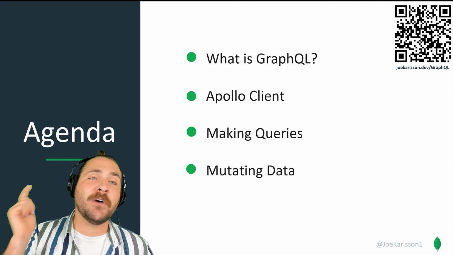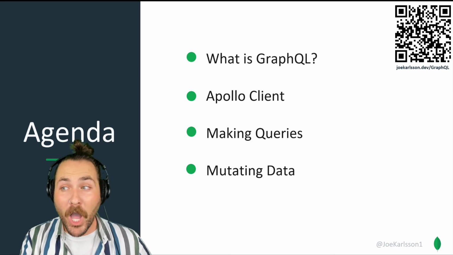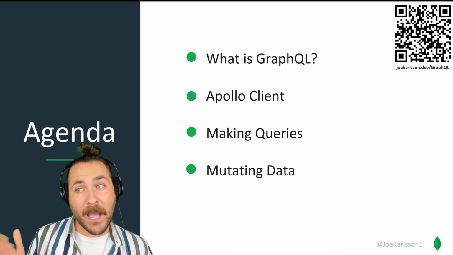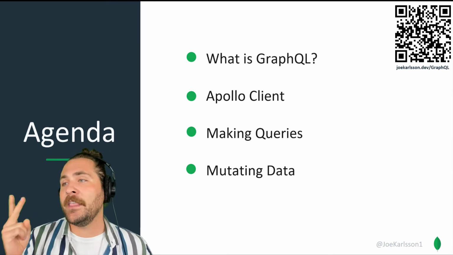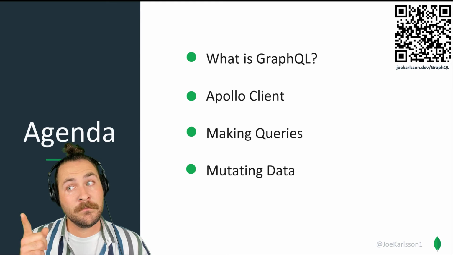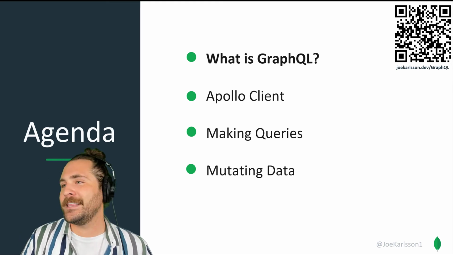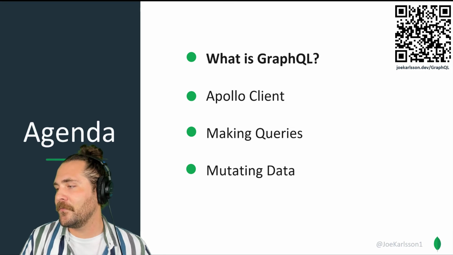A couple things. First of all, we're going to be introducing GraphQL for y'all. Next thing, I'm going to be talking about Apollo, which you maybe have heard about, but we're going to dig into it today. And then we're going to go through a sample app and show you how to make queries and mutations using GraphQL, using real code. Now we're talking. All right. Let's jump in, right? I feel like I've been talking for forever.